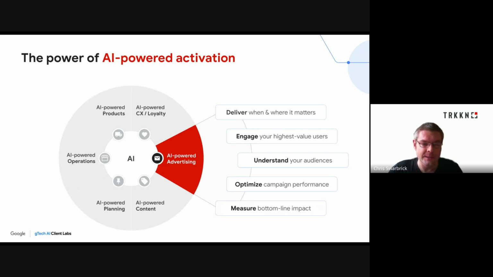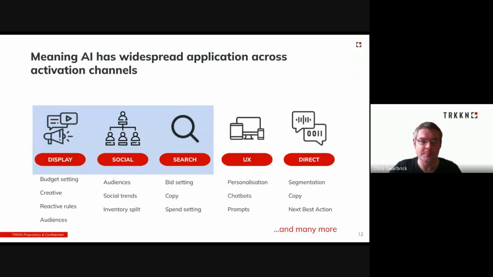And ultimately, but also underpinning this, is its ability to create content, which is, I think, probably the most exciting capability of AI going forwards. It can generate ad copy, it can create headlines, it can create visuals, and it can do all of this in very specific circumstances or reactively to what it's understanding from consumer behavior. So fundamentally, AI is enabling and will further enable you to deliver more relevant, effective, and efficient advertising campaigns. And also, as it continues to evolve, we can expect to see even more innovative applications develop.